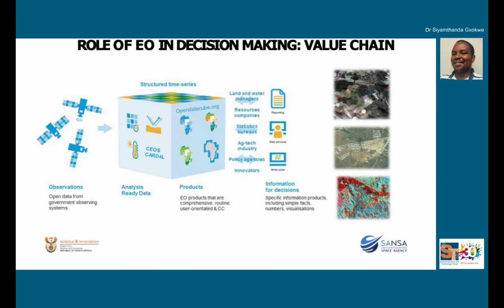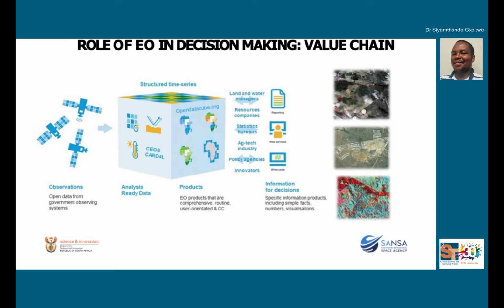So we are actually going to present the value chain, which is a famous slide that I've presented to you. So how does this data get collected? What happens is we get the satellites. Satellites are orbiting the Earth, and they are capturing snapshots of imagery, which are then transformed to us in the form of spectral signals that we then use to relate to some of the phenomena that we have.